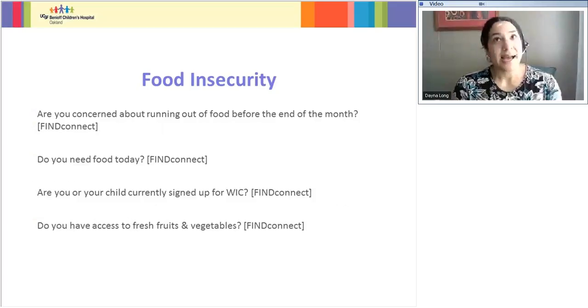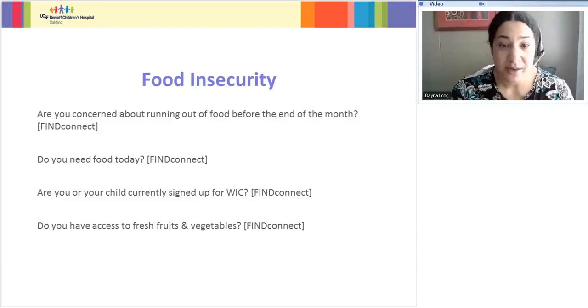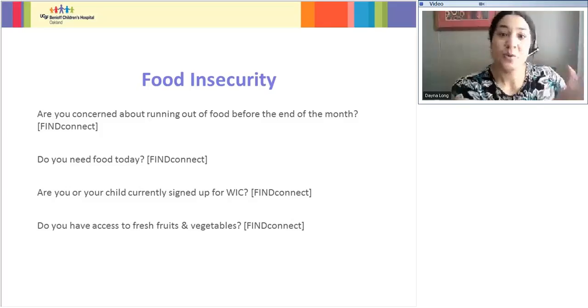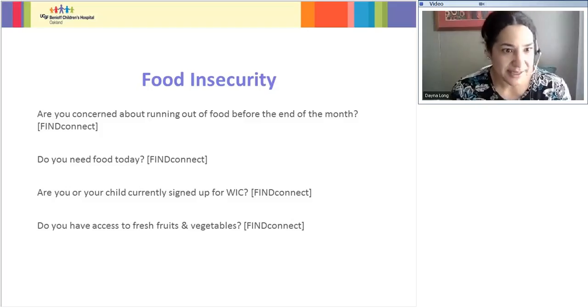So we actually played with these questions within my clinic, and we tried to really hone in on what are we getting at? What do we actually want to achieve with these food insecurity questions? And where we landed within my clinic is, I really want to know if on a monthly basis, do you need food? Of course, it's great to know what happened 12 months ago, but what about this month? What about today? And so the questions that we incorporated into our program, which is called Find Connect, is,